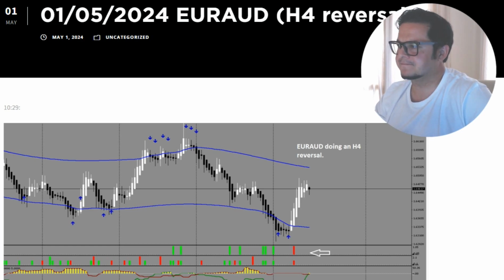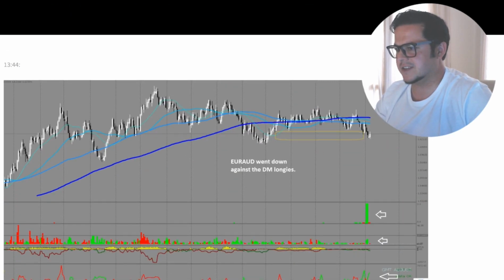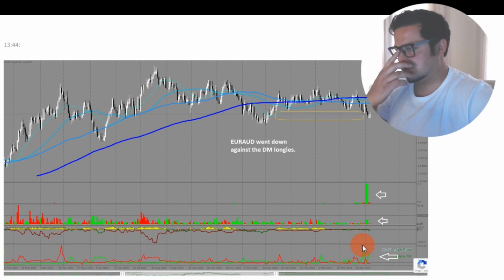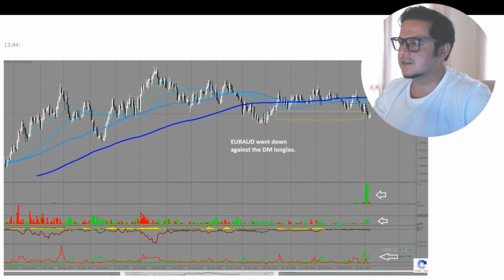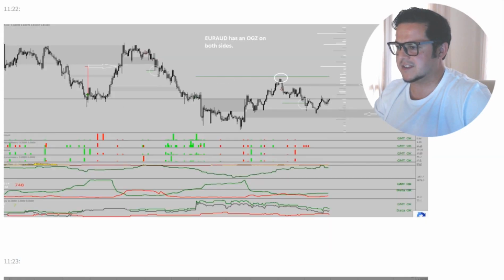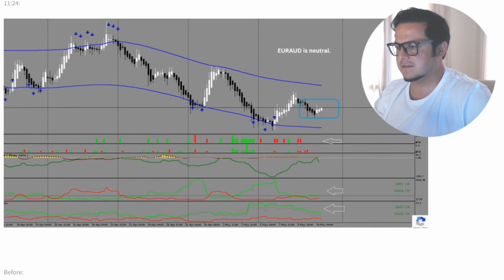Okay. Euro Aussie did a fall reversal up. I didn't trade that, but then longies came in. It went down against the longies, and as you can see, the longies seem to have appetite with an expanding green squeeze line. So it went down further, took the lower MTS, took the upper MTS. If longies come in again, it can go down.